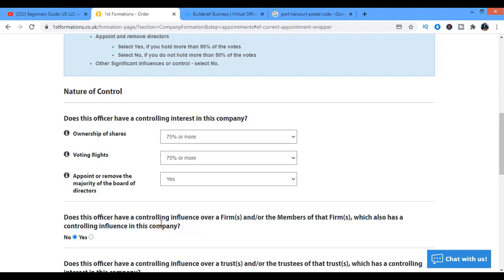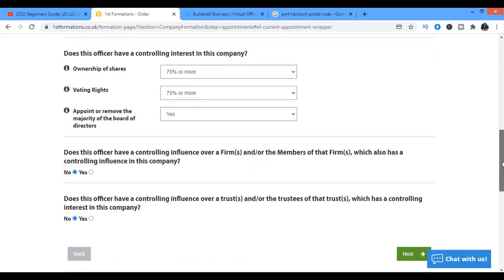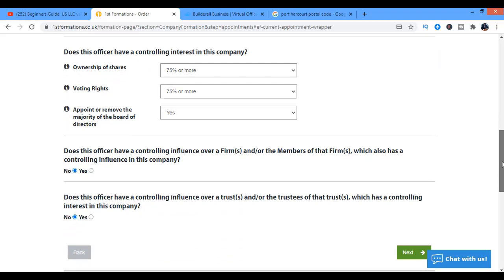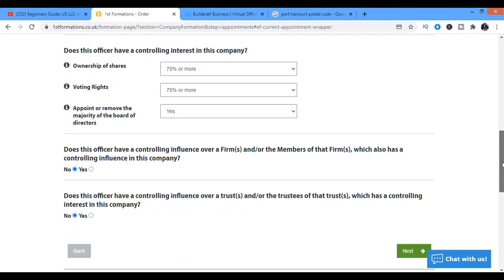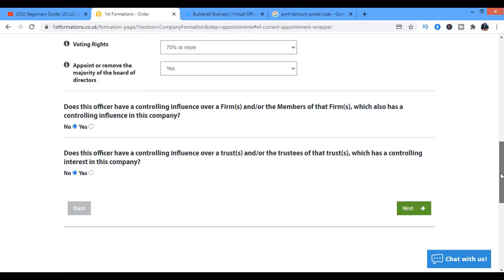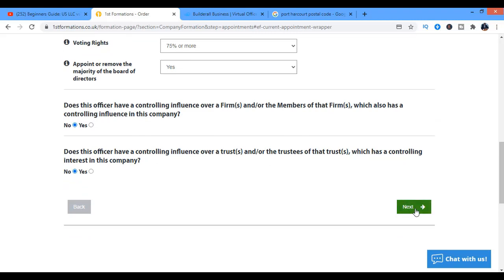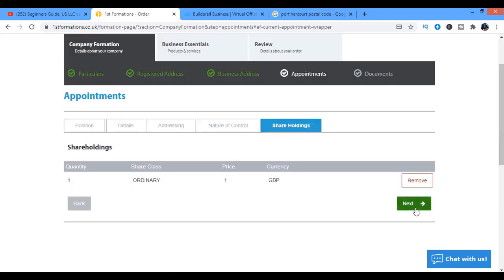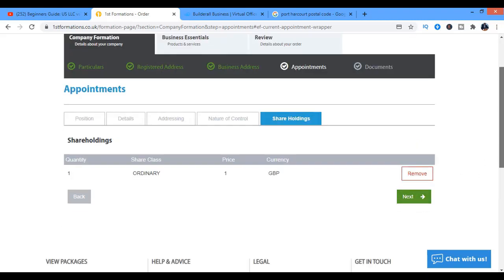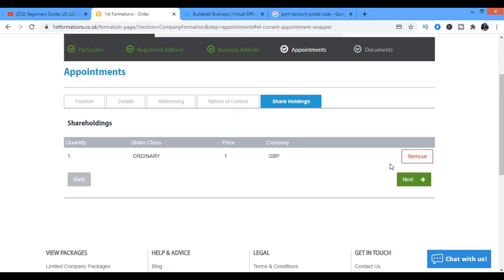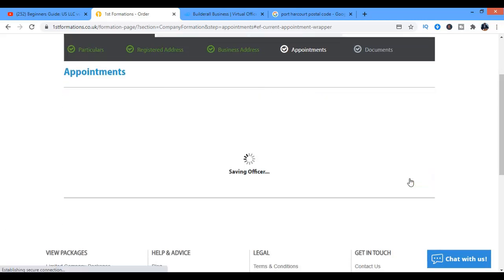Yes. Does this officer have a controlling influence over a firm which also has a controlling influence in this company? No. Does this officer have a controlling influence over a trust and or trustees of trust which has a controlling interest in this company? No. So I'm going to click next. Okay, and then I'm going to click next,